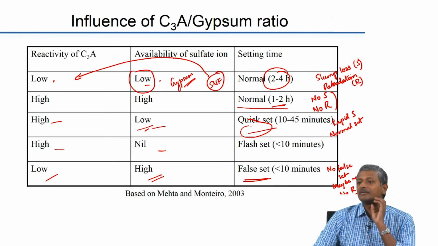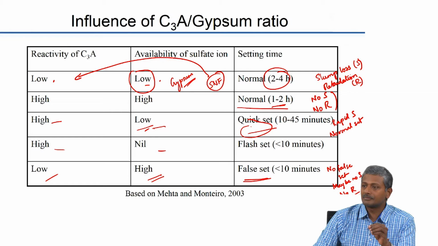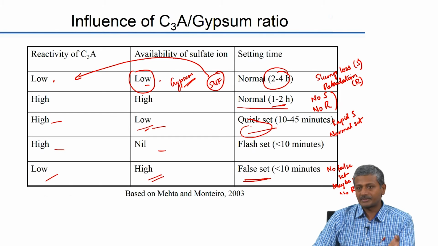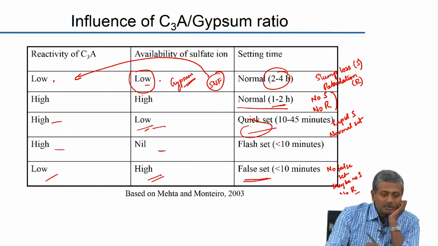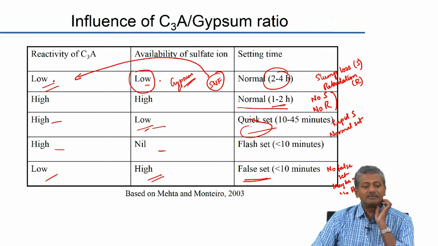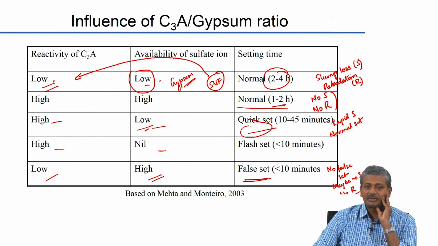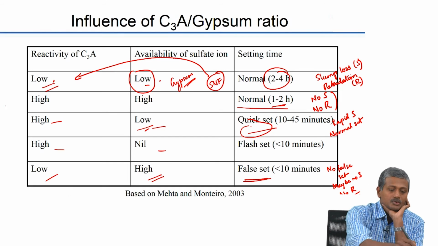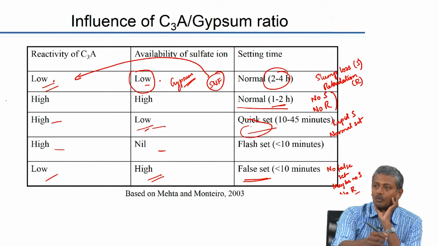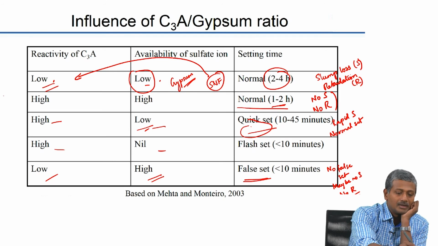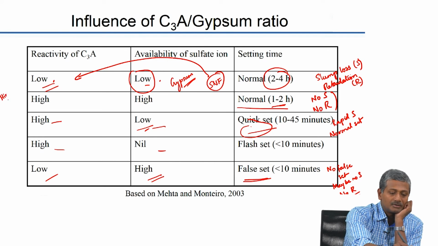So, whenever I have sulphates available early enough in the system from the gypsum type that has been added to the cement, I will be able to overcome this problem to some extent. Okay. And if my reactivity of the C3A is low, that again will lead to a process of retardation. So, what should my cement have in order to be compatible in an SNF kind of system? I should have high reactivity of C3A